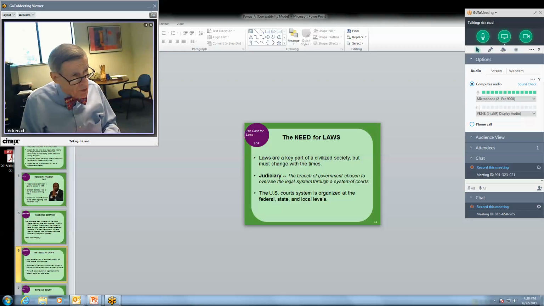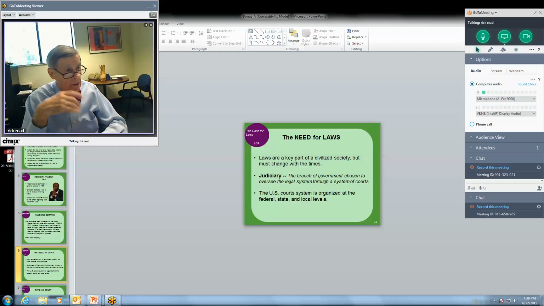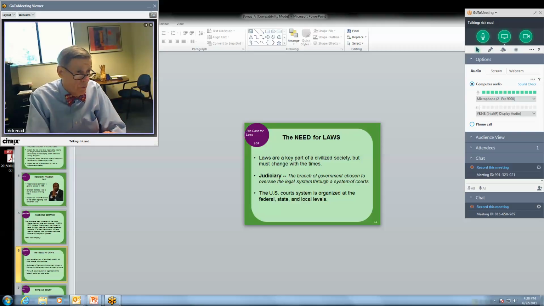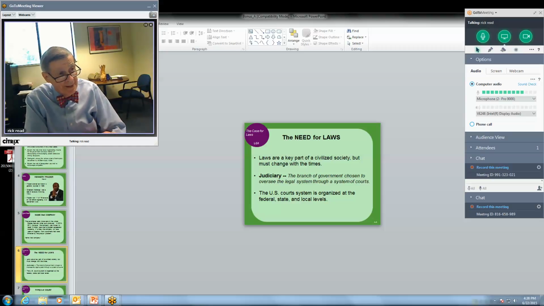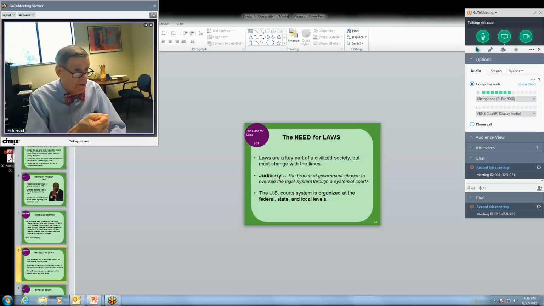Laws, of course, as you know, are enacted by legislative bodies. In cities and in counties, these are usually known as councils or commissions. In states, they're known as the state legislature, and in most states, with the exception of Nebraska, state senates, two houses, and then, of course, the federal government made up of the House of Representatives and the United States Senate. They enact laws. Those laws, once they're passed, are signed into law by the executive of that particular governing body, a mayor or a commissioner, in some cases a judge.